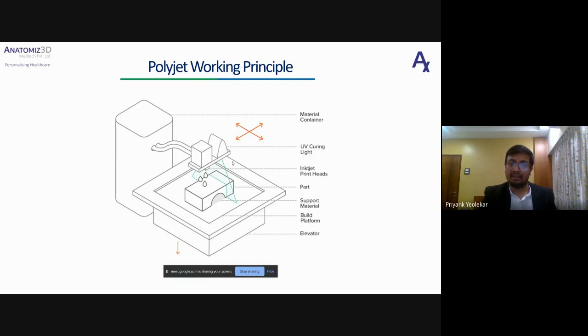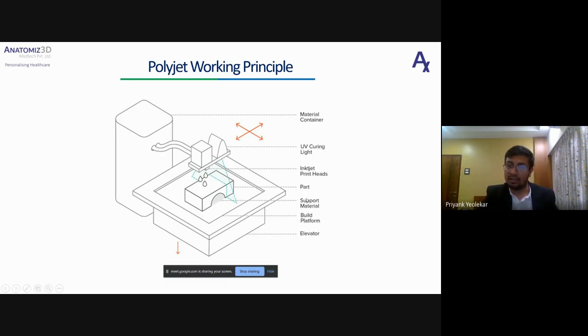Again, in this, the build platform moves down after every layer which is printed. So here you can see the elevator. The elevator moves your build platform down, and as you can see, because you have multiple jets, you can print with different materials as well.